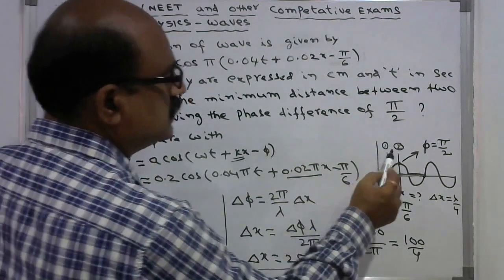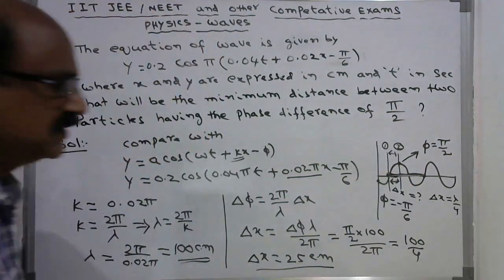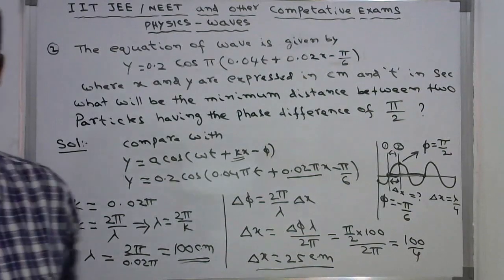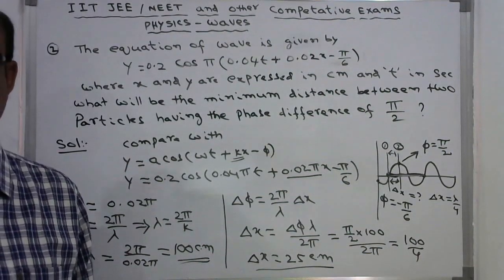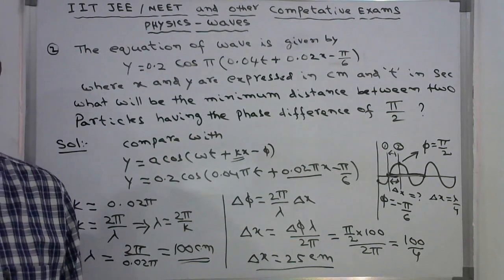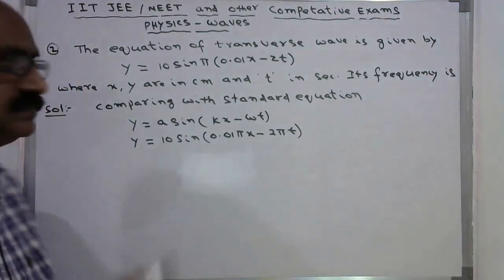So what is the distance between these two? That is 25 centimeters. So this is how we have to solve the problems based on progressive waves. Now let us go to the third problem. So in the third problem,